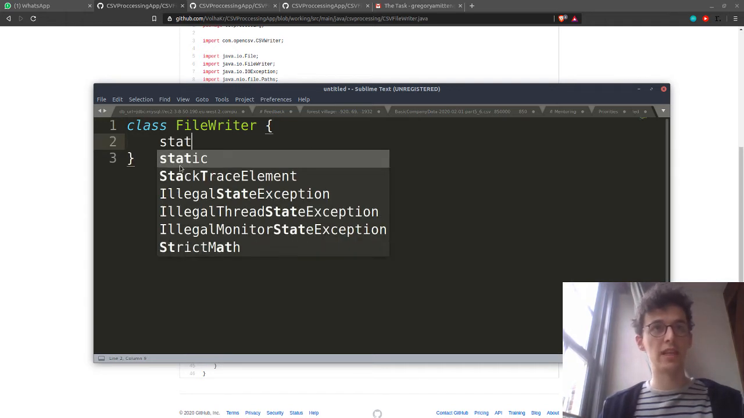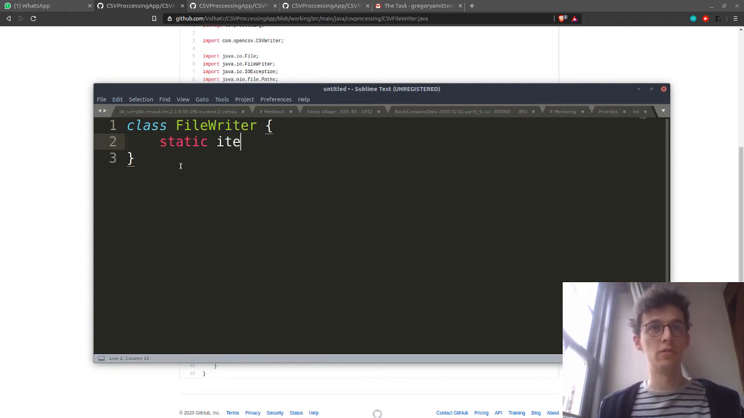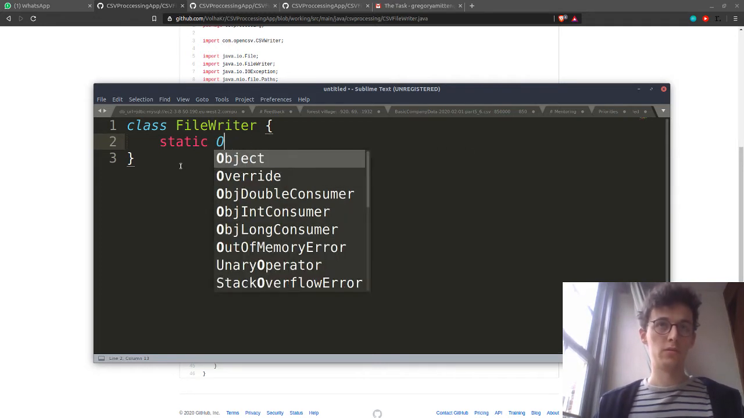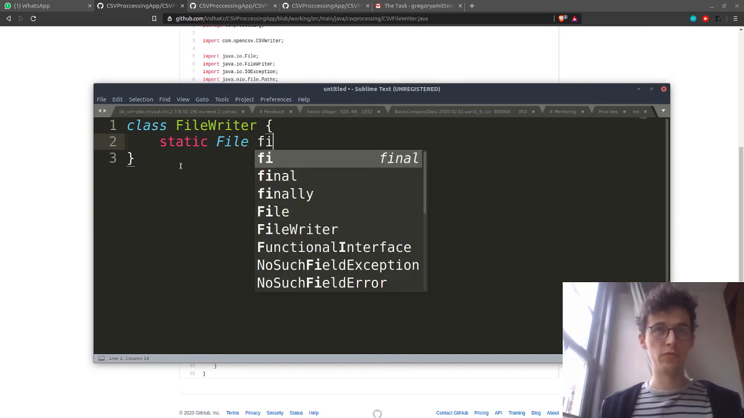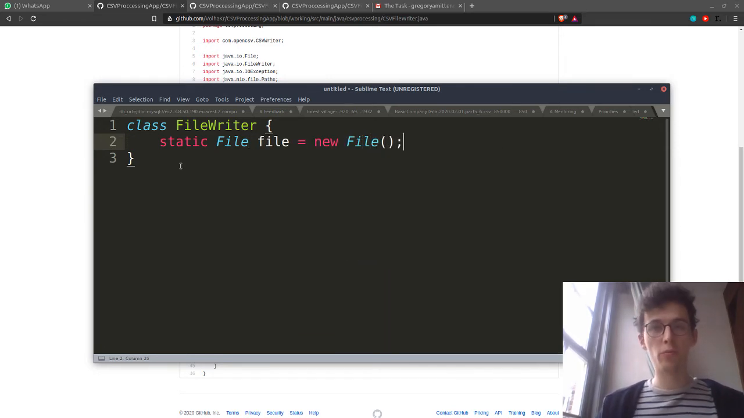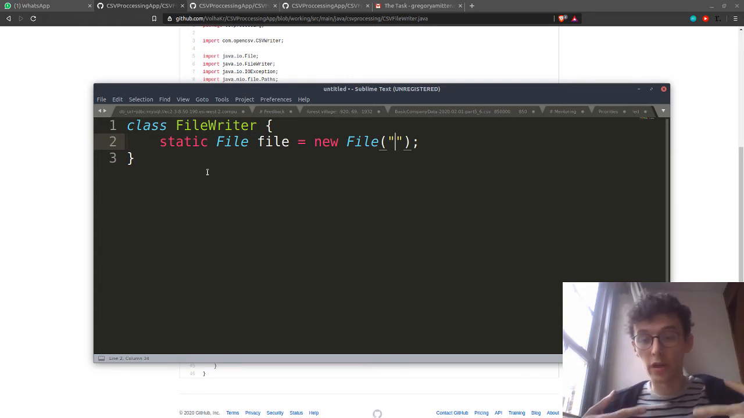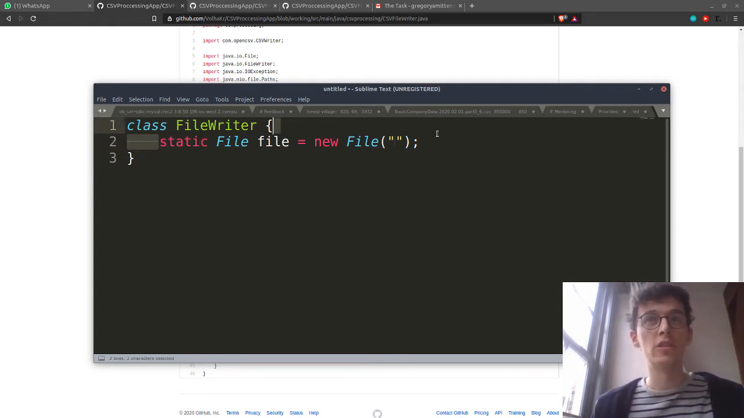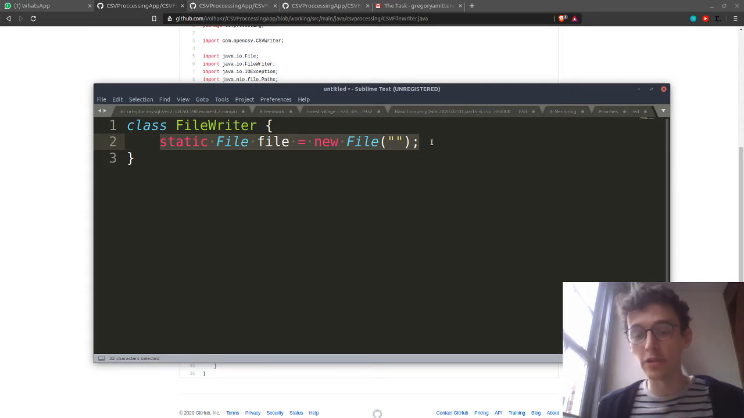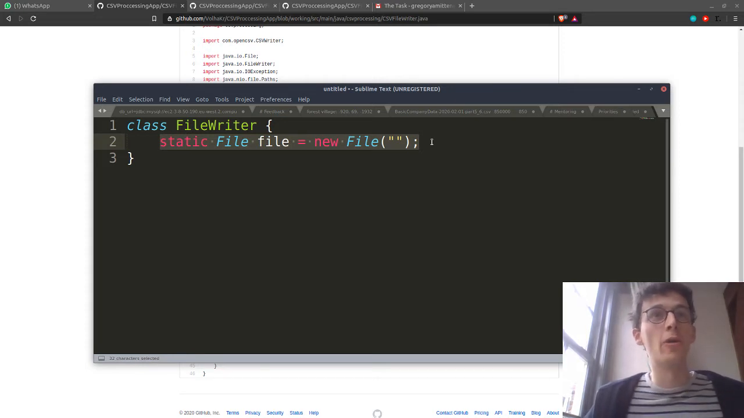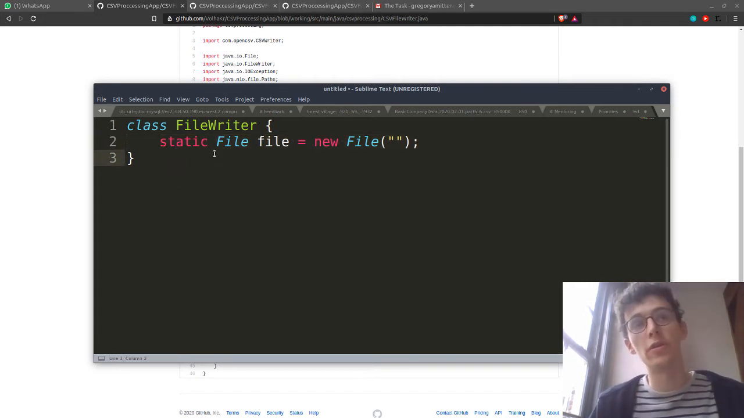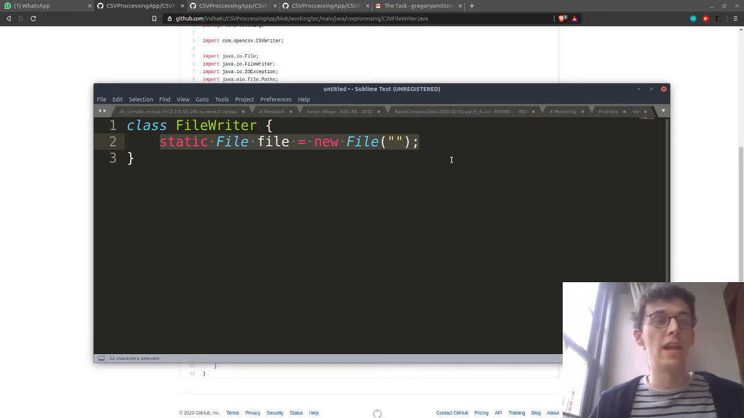And then I have a static item, object file, new file. Now what we do with static fields is, on the initial load, the class loader will try and run this. So it can lead to some very confusing errors because you say, okay, my program's not loading, but I don't know why, and it's because static fields, or I don't know if they're technically fields, but static variables